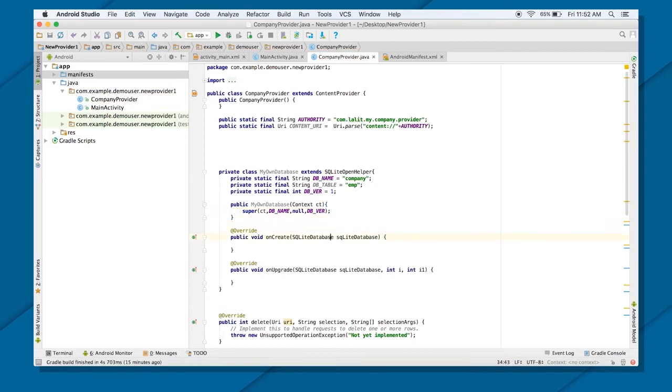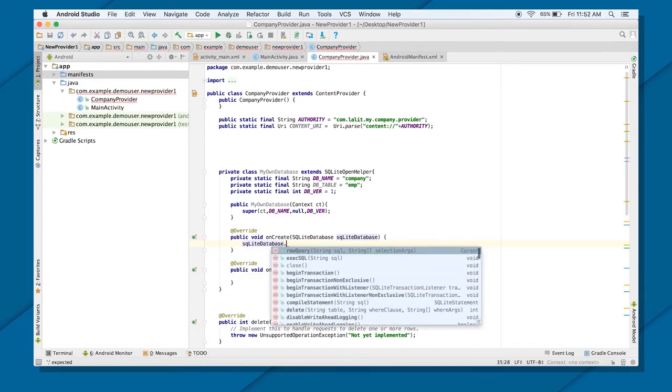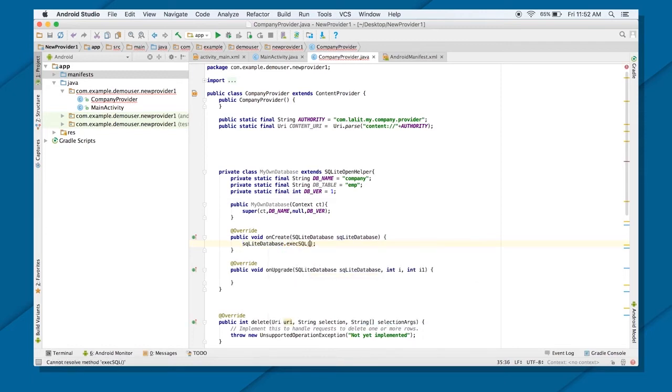Great. Once you do that, the next thing you need to do is create that table here. We all know how we can do that. We already have a SQLiteDatabase object here. All I need to do is execSQL, then put your query, CREATE TABLE. What is the table name? DB_TABLE, and here I want to put _id, and let me make it INTEGER, and I will call it PRIMARY KEY and AUTOINCREMENT.